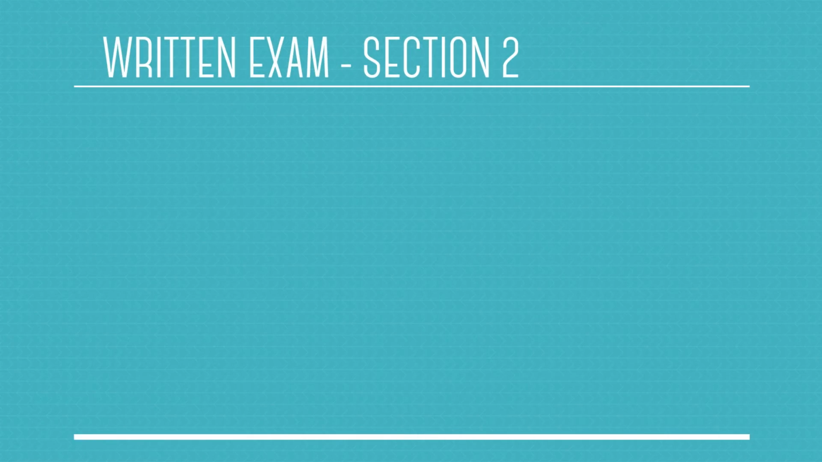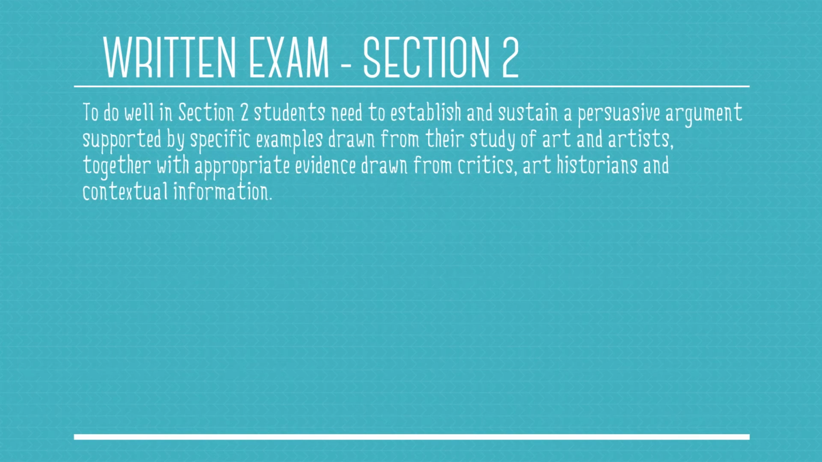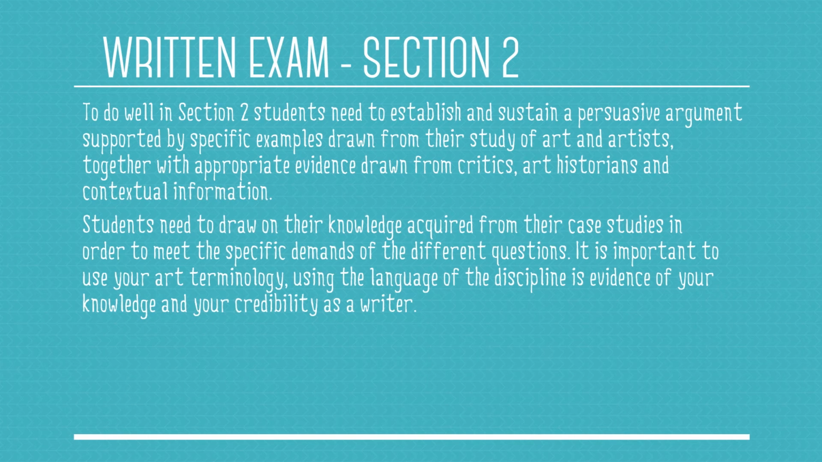Section 2 of the written exam. To do well in Section 2, students need to establish and sustain a persuasive argument supported by specific examples drawn from your own study of art and artists, together with appropriate evidence drawn from art critics, art historians, and contextual information. You need to draw on your knowledge acquired from your case studies in order to meet the specific demands